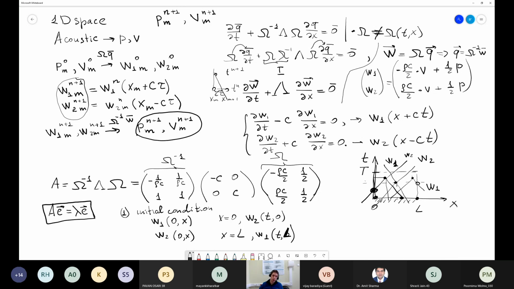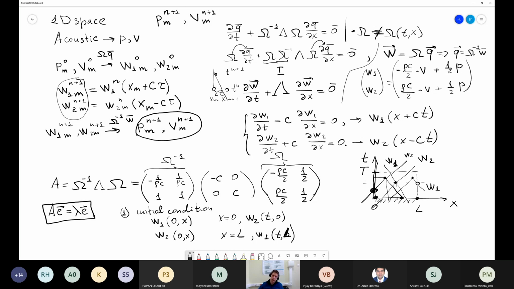So we will obtain O of tau and h, or tau squared and h squared. So the order of the convergence used for the linear transport equations will be the same as the order of the convergence of the final acoustic